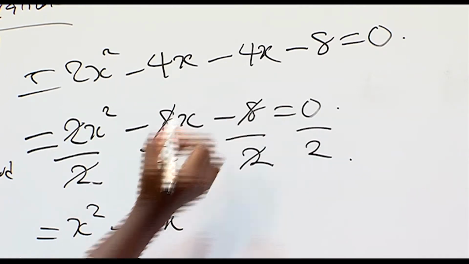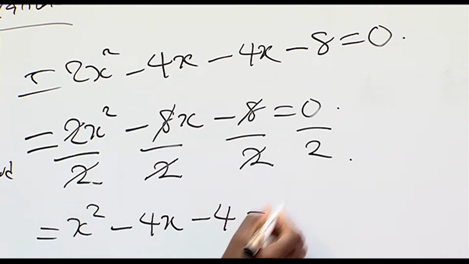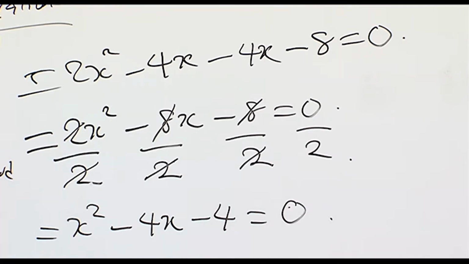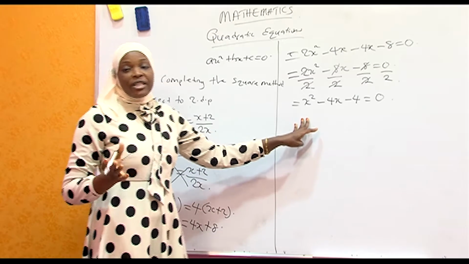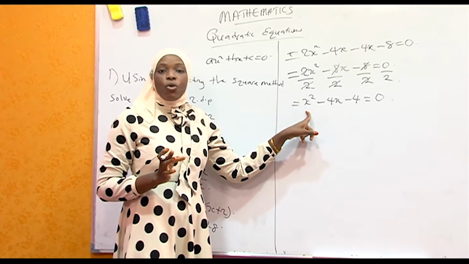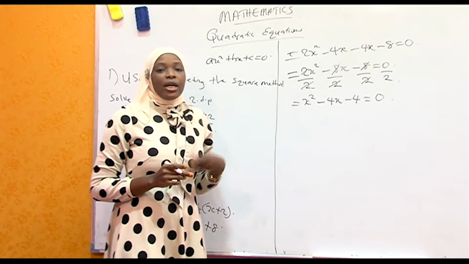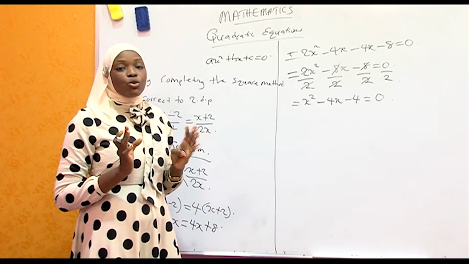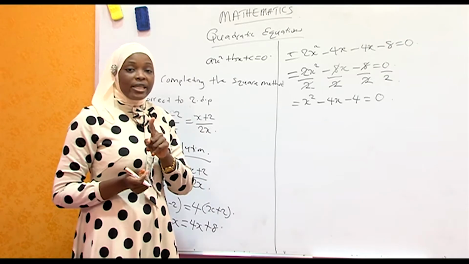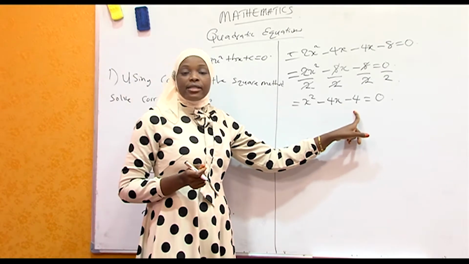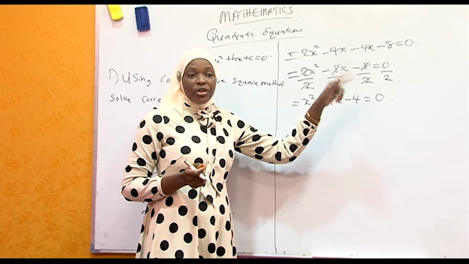2 into 8, we still have minus 4 equals 0 divided by 2 will still give you 0. Now we have the quadratic equation completely with the coefficient of x squared to be 1. Now we can use our completing the square method to solve. Before you start that, you take the constant, which is minus 4, to the other side, that's to the right